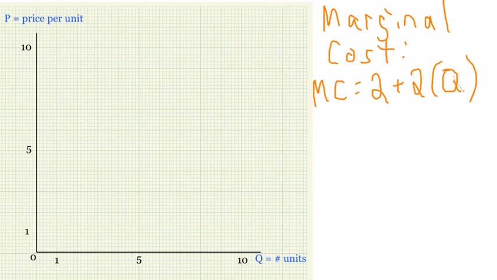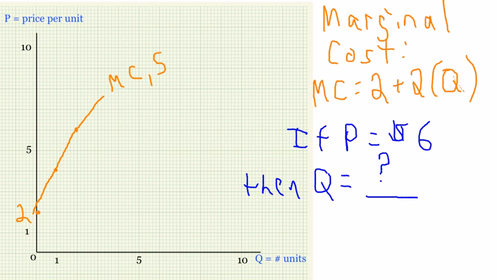So this means if I give you a marginal cost curve that goes by this formula, and you plot it out like this, and you draw your marginal cost curve, that's also your supply curve. And then if I tell you that, say, price equals 6, then you can just use that marginal cost curve to see how much a firm would produce. You read it off, you find 2, and so the quantity produced or sold would be